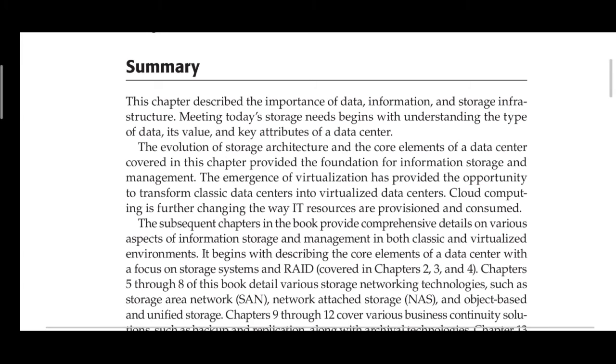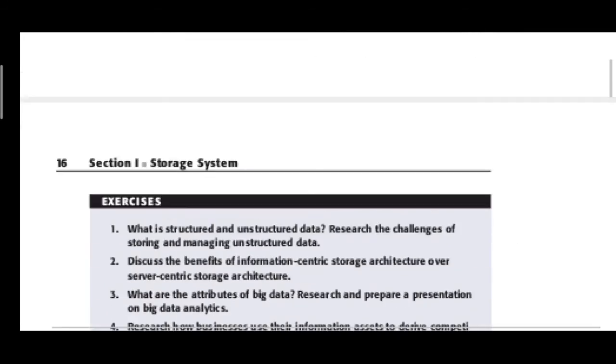Module 1 contains almost all the topics from the first four chapters, though some topics are not there, and I'll let you know what those are. Among them, the first chapter is completed.